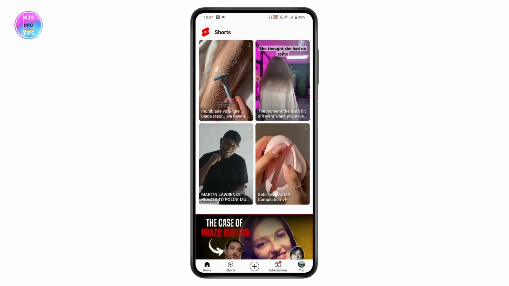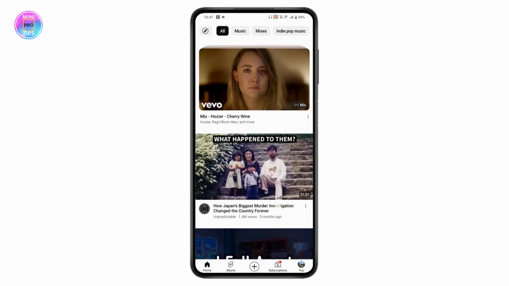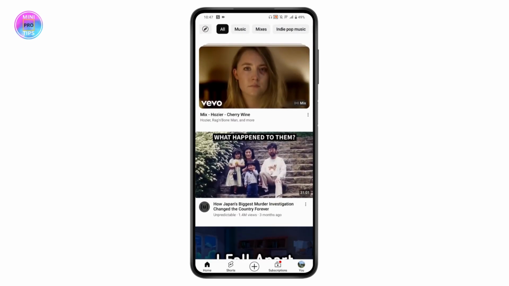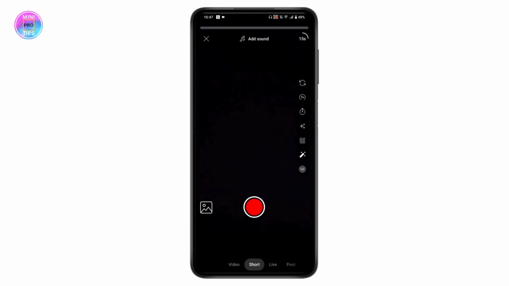Once you open your YouTube, now go for the plus icon, which is on the bottom middle. Tap on the plus and then you can simply go for Shorts. And under your Shorts, you can simply record something like, for example, I'll be recording something for 2 to 3